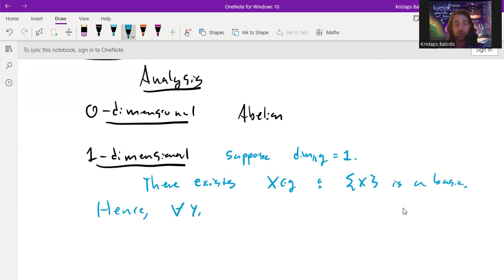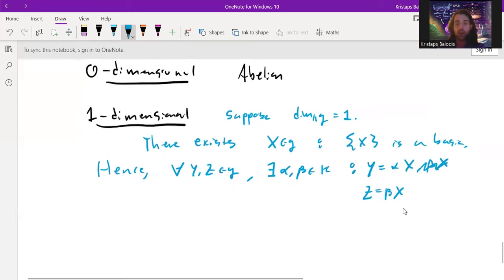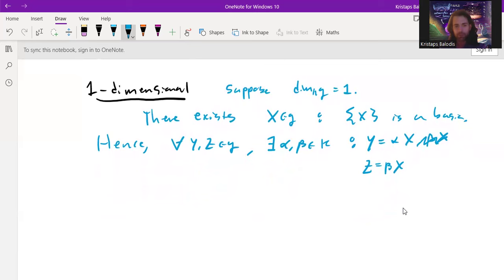Hence, for all elements of my Lie algebra, I can find some scalars in my field, either real or complex numbers, such that both of these things are just scalar multiples: y is equal to alpha x, z is equal to beta x. And so if I look at this arbitrary pair of elements and I see what happens on my Lie bracket,